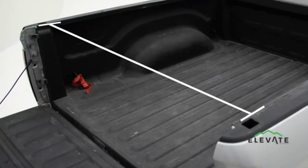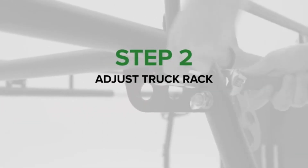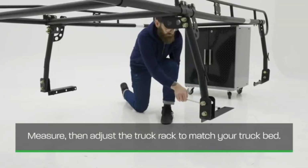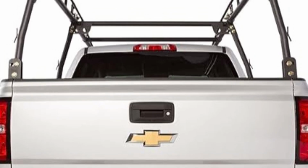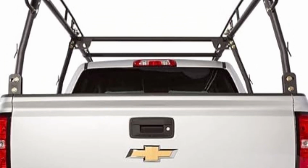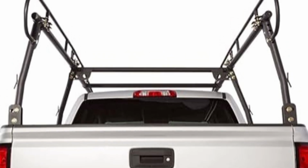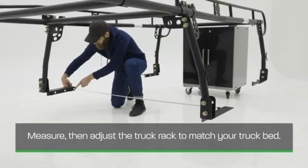Installation is quick and hassle-free with a no-drill, clamp-on system, and the removable rear bar allows for transporting taller items with ease. Constructed from durable, powder-coated steel, this rack supports up to 800 pounds, ensuring strength and longevity even under heavy loads. Its adjustable width fits most pickup beds between 49 and 64 inches wide, making it a flexible option